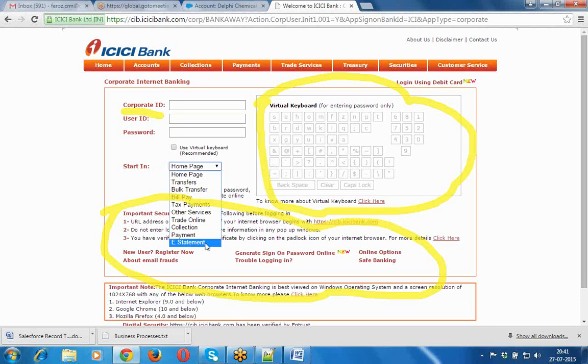So it depends upon the user. If you are a personal user, the personal account or a salary account, then you have a different login screen. If you are a corporate user, then you will have a different screen. What we are doing here, all are our customers only. But the customer may be a savings account customer, a salary account customer, or a corporate account customer also. Depending upon the customer type, we assign a different user interface, which has a different set of fields and a different pick list of values.